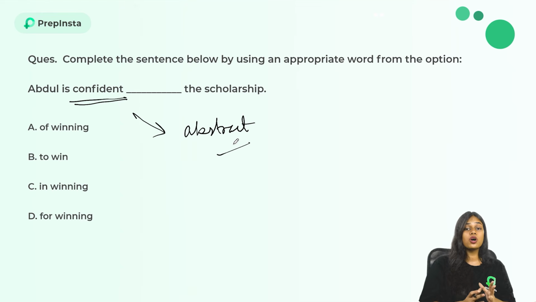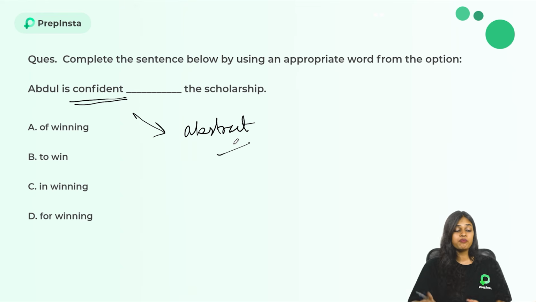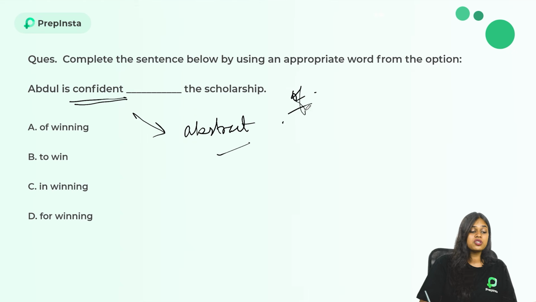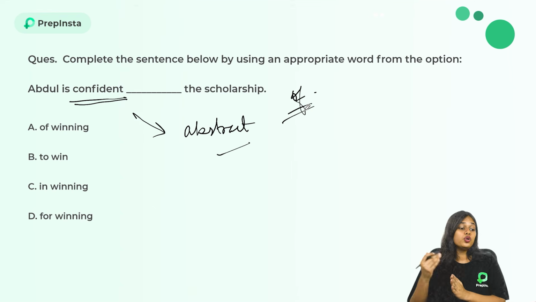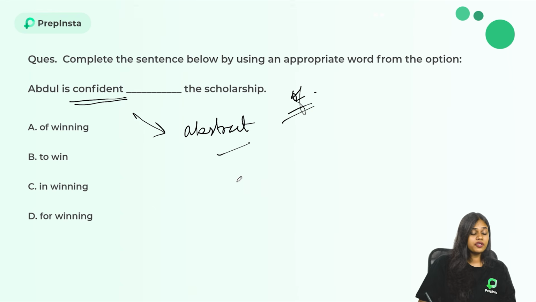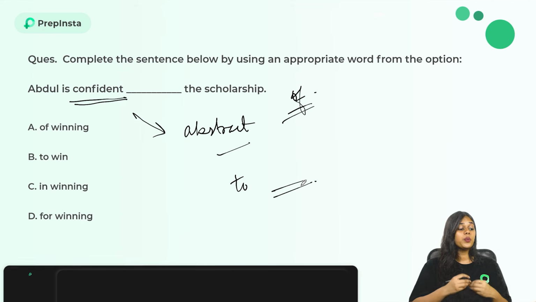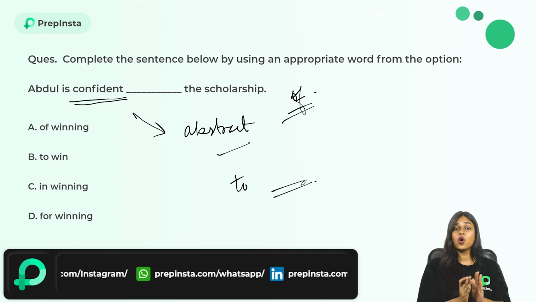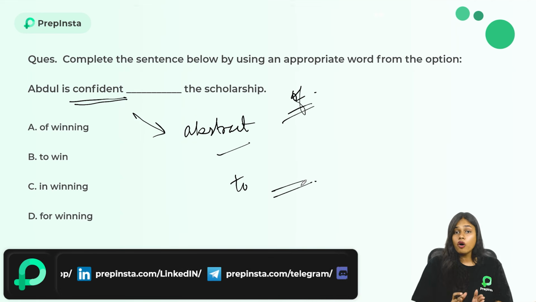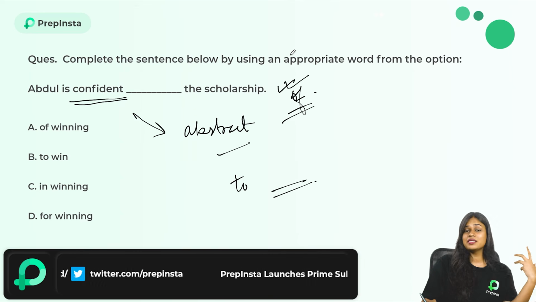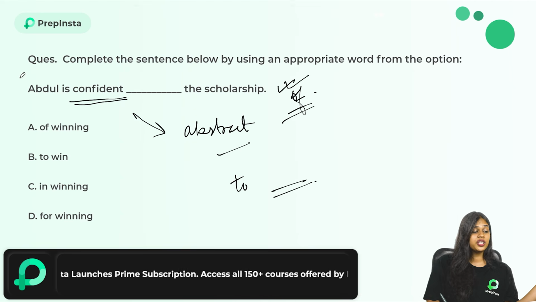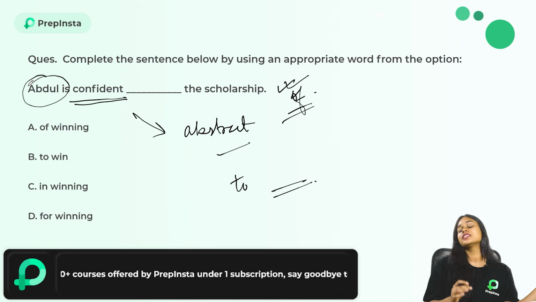And whenever you are confident dash something, we always use the preposition of. I'm confident of something, right? I'm not confident to do something. That means after to, we also have another verb over here. But when we are using the word confident, we always use the preposition of in order to represent the feeling that the person is sure of something. So here Abdul is sure that the person will be getting the